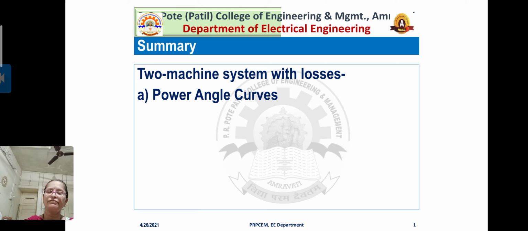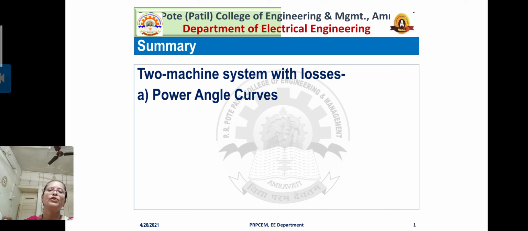Now this time, what we obtained? We obtained the sending end power occurring at the angle delta m1, which is less than 90 degree, whereas the receiving end power occurs at delta m2, which is greater than 90 degree, but it is on the receiving negative side. Therefore, we concluded here that whatever the resistance, series or shunt, it is a fact that the